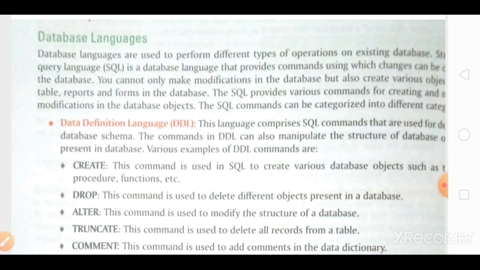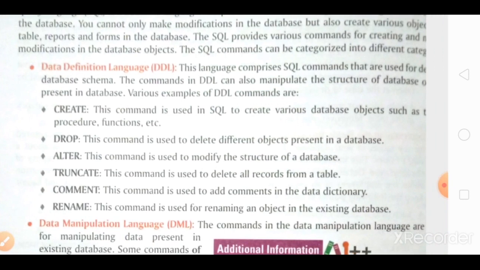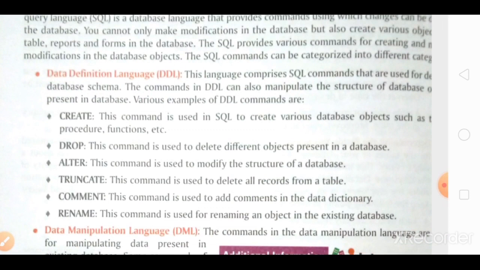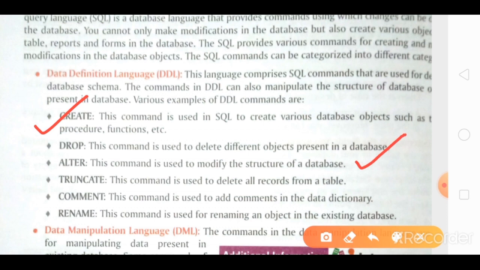So what types of keywords are we using in DDL? The first is create. As its name implies, create means you want to create anything. So when you need to create a database or to create a table, then the create keyword will be used. Next is drop. Drop means when you are about to delete any object. Meaning if you want to delete a query, a report, a table from the database, you can use the drop keyword. Alter.